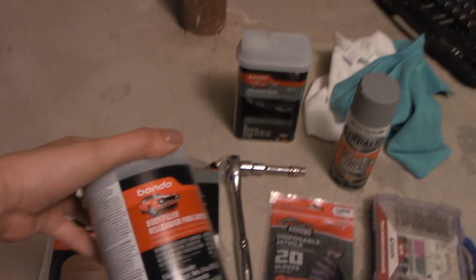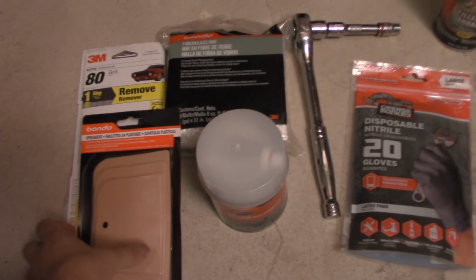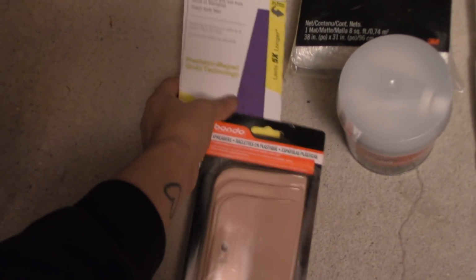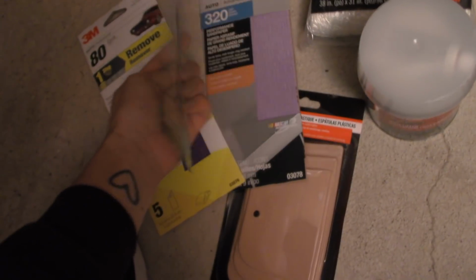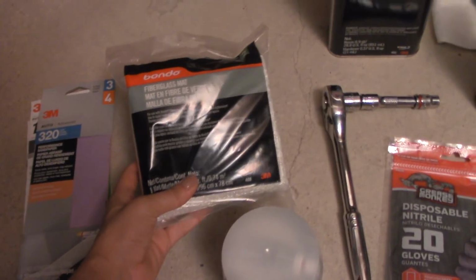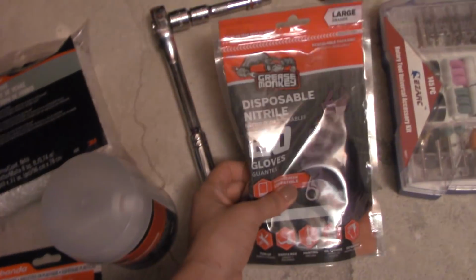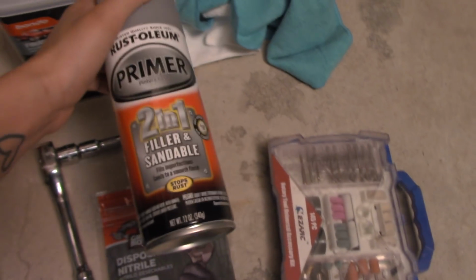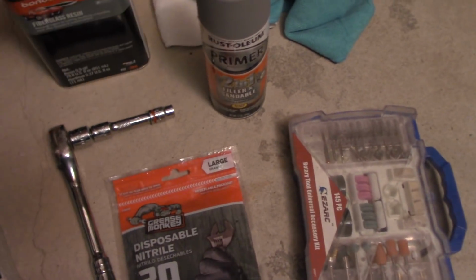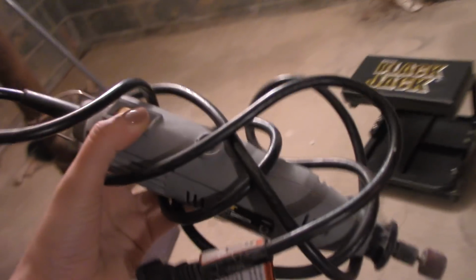Starting off with your body filler, your spreaders. I have multiple sandpapers. I have 80 grit, 180, and 320. You have your fiberglass mat, my Dremel, some gloves, drill bits, a primer that is also sandable. So pretty much it fills in any cracks or any imperfections that you may have left behind when you sanded, and fiberglass resin, some microfiber cloths, and let's not forget this handy tool that I left on top of my car. I forgot what you call these things, but